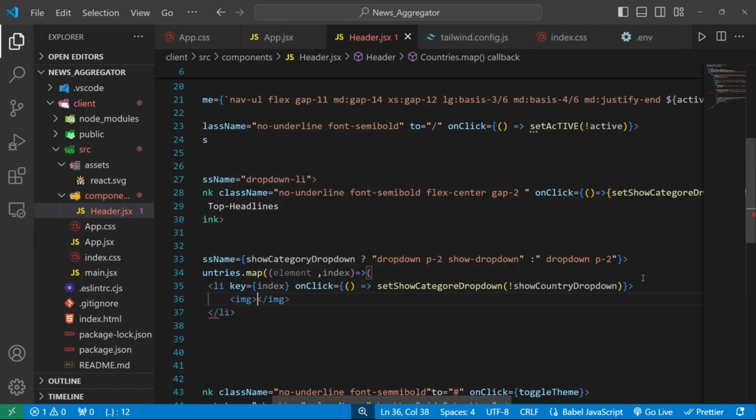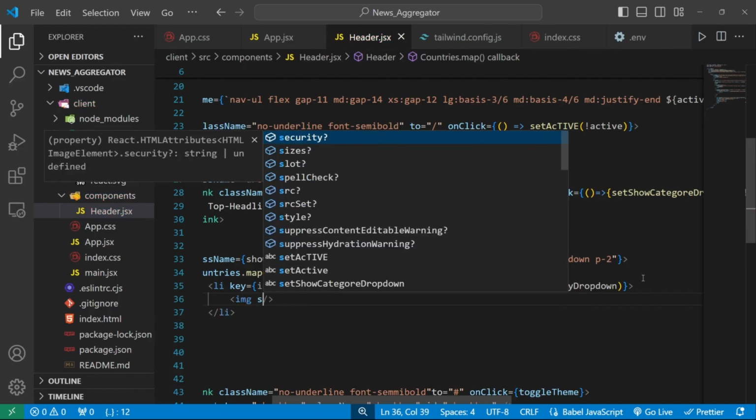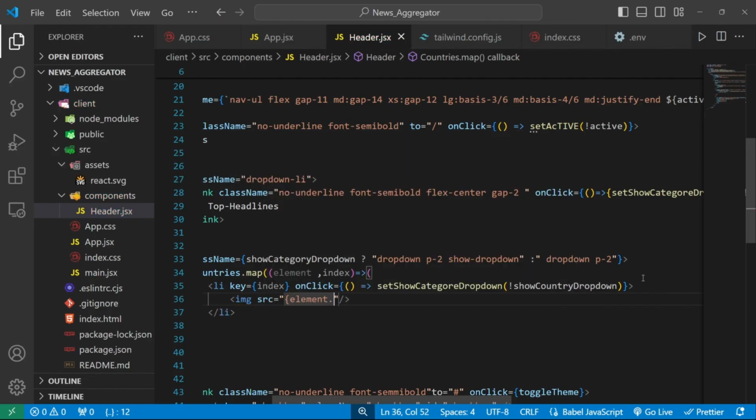So image tag, remove this. Here we will write the source, which is element. Here we will use a backtick, and we can write our https://flagcdn.com, which will be 32 into 24. And now we can use our